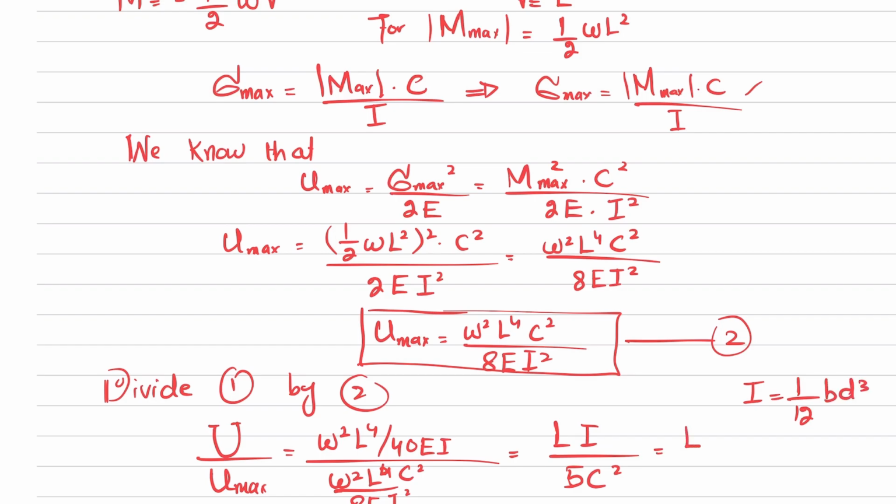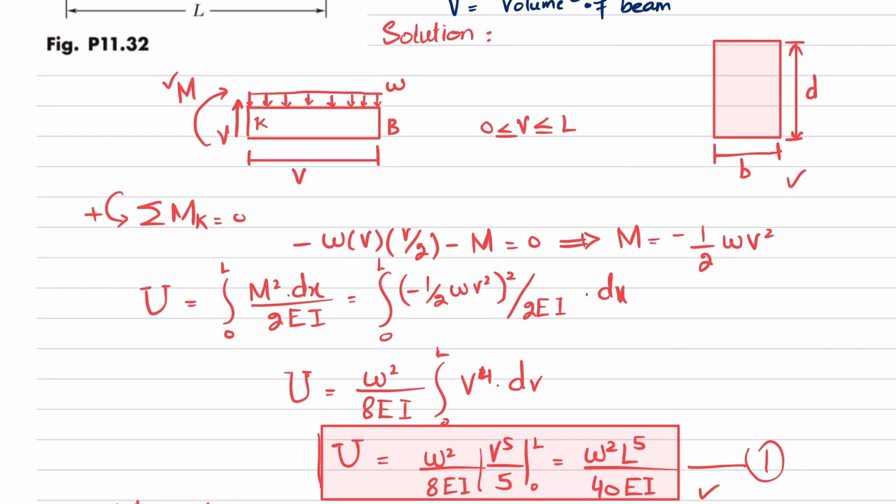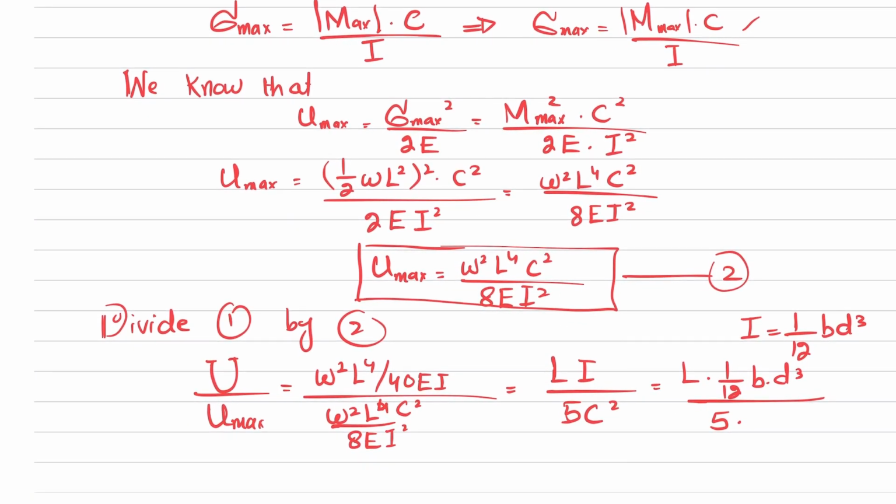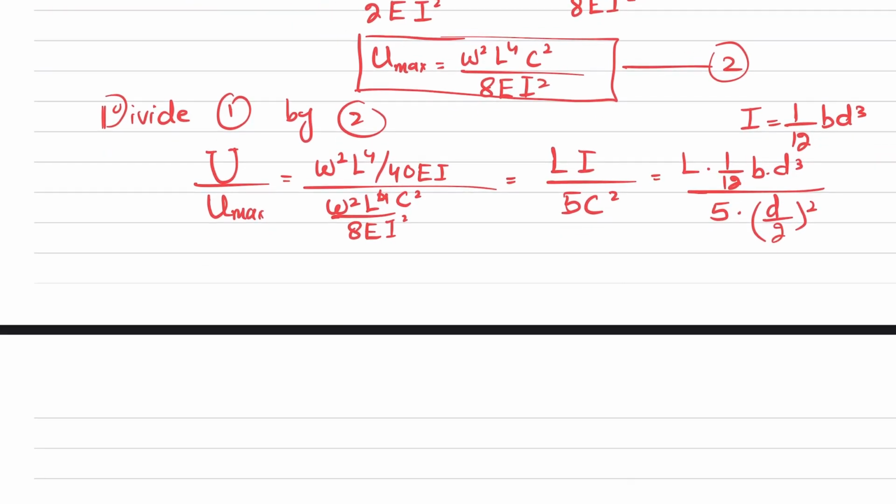So I will put the value L into 1 over 12 BD cube divided by 5 into C. If this is the neutral axis, so C will be equal to D by 2. Clear? So we will put the value of C as D by 2 whole square. So upon simplification, you will get U over Umax is equal to 1 over 15